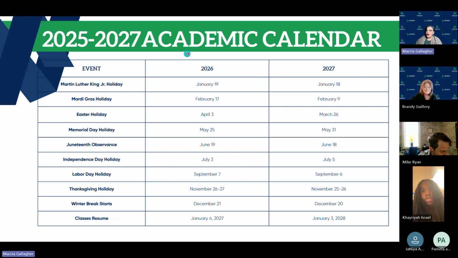Okay, and this is our academic calendar. If you guys don't get into your catalog, your instructor is going to let you know. We make pretty flyers for every holiday. So our next holiday is going to be July the 3rd. We'll be off for the 4th of July, Independence Day. But you'll get a reminder. Miss Brandy will send something out. Usually it's in Teams and it's on your Moodle, so you'll know what you have coming up.